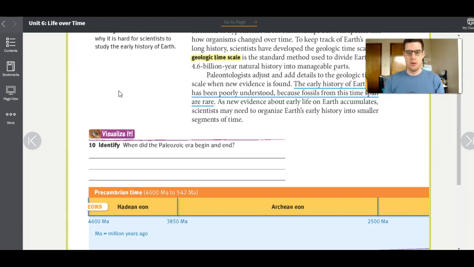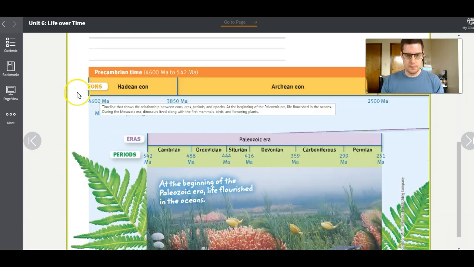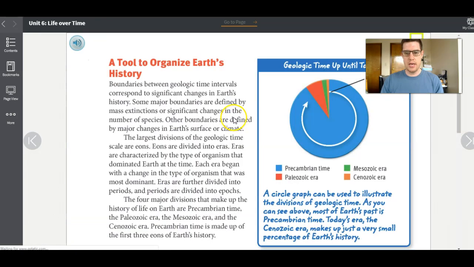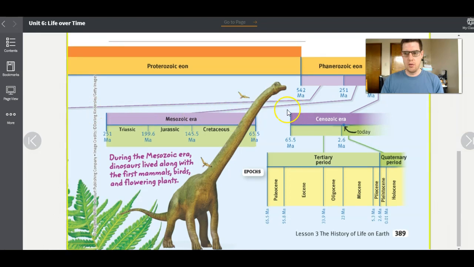Now, this is page 388. If you go down to the bottom here, your book gives you a timeline on 388 and 389. On your receipt tape, you can kind of envision this purple and green section starting right here and going on to page 389 all the way to right here. You can consider that pretty much all of your timeline. You're going to reproduce that,